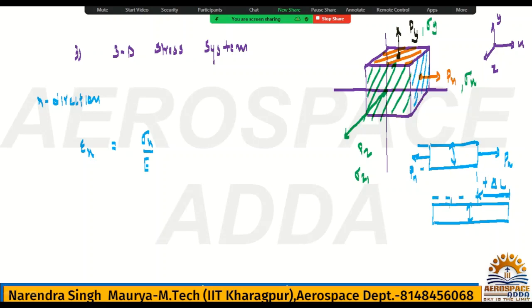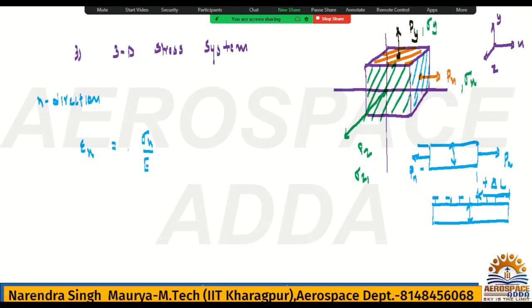So this length is what decreased here. This length is what decreased. Why? Because in x direction it is elongated. Hope you understood. So in the same way, in x direction, because of px load, there will be positive elongation, but in y and z it will be negative, and it will be treated as a lateral strain. So lateral strain will be Poisson ratio, because in y and z it will be shortened, and in